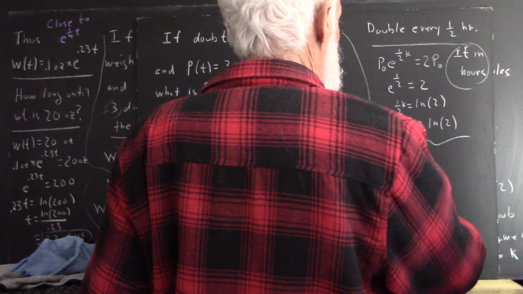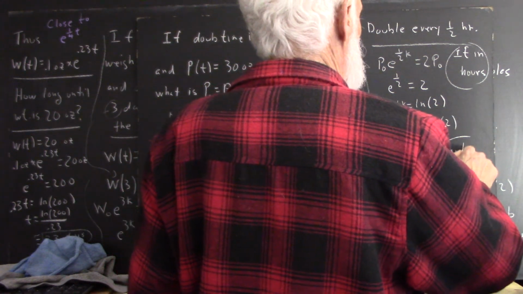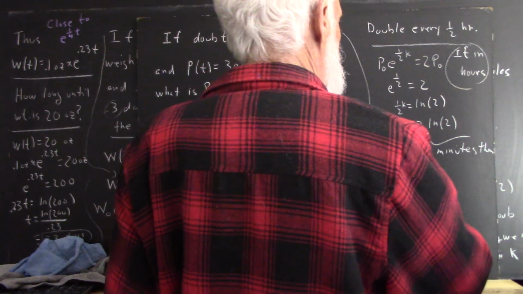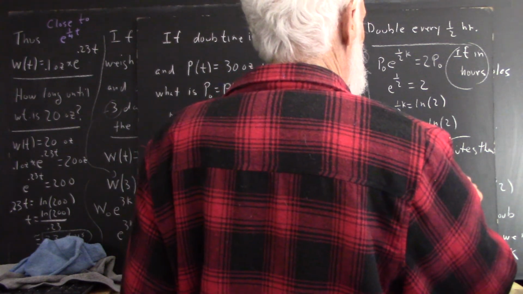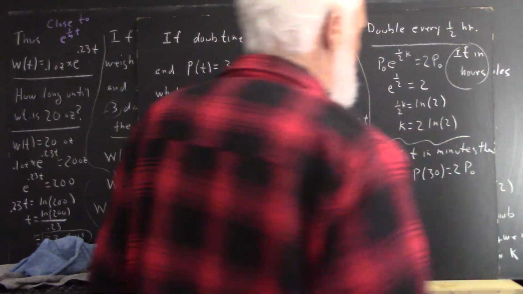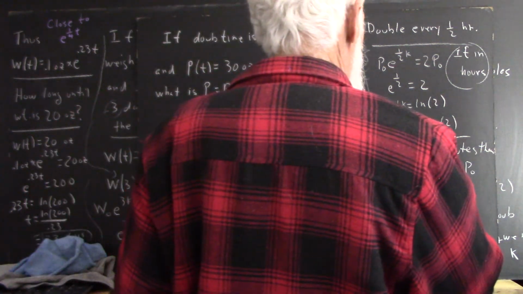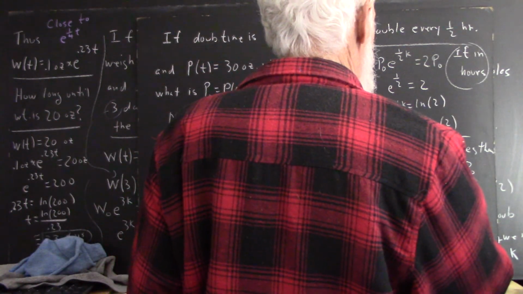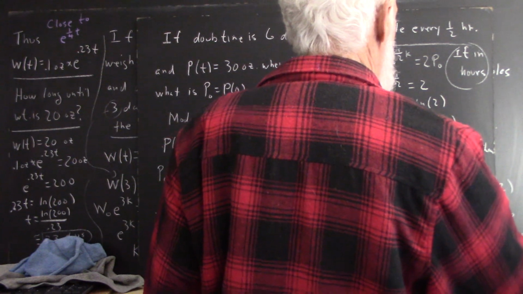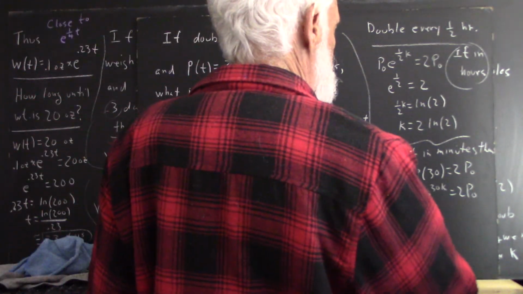So if t's in hours, that's what you have. If t's in minutes, then P of 30 would be 2P naught, meaning you'd have P naught e to the 30k equals 2P naught, and this very quickly gets you to